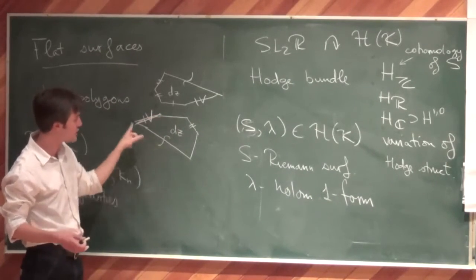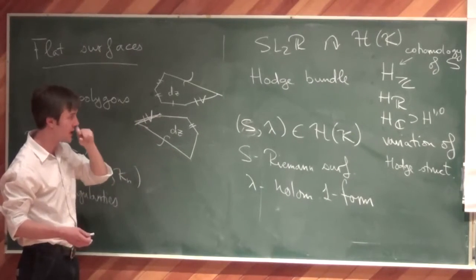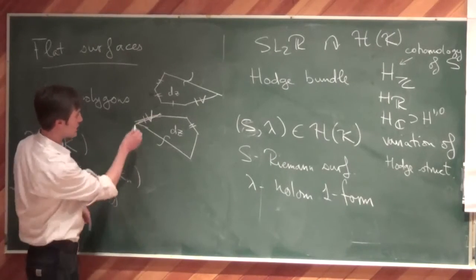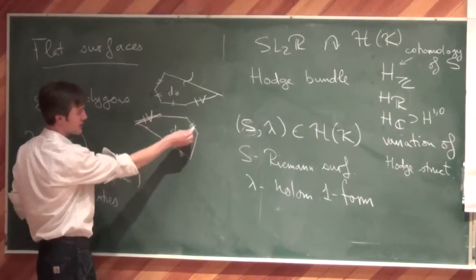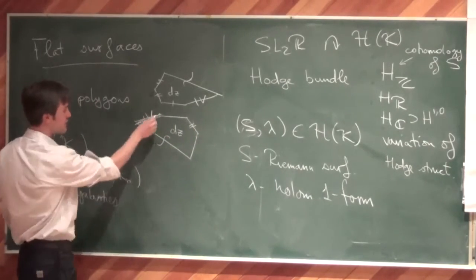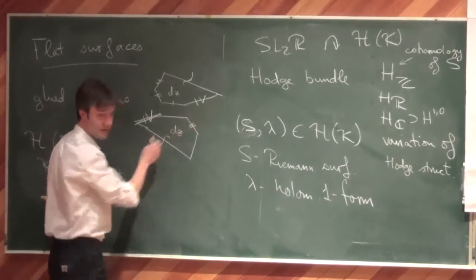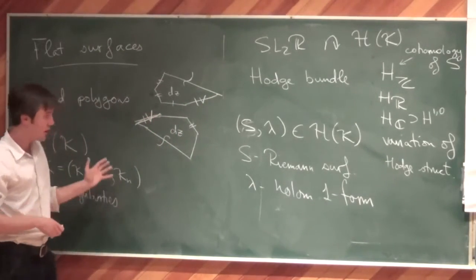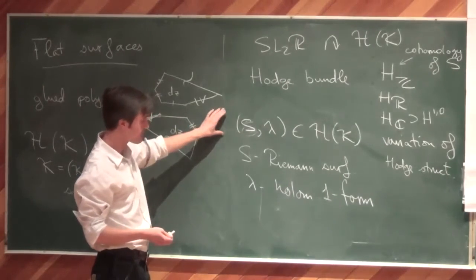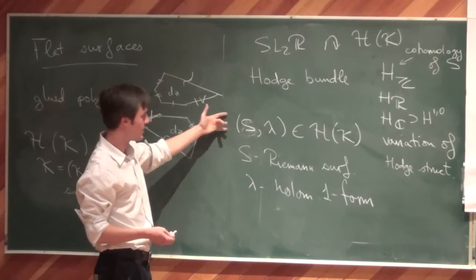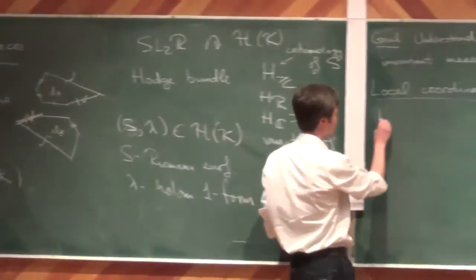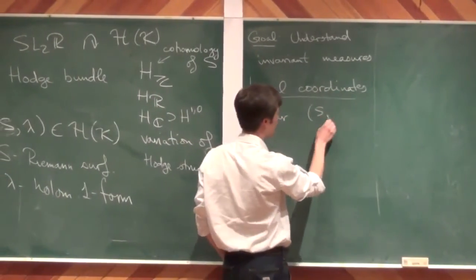The lengths of the sides, you can think of them as vectors in R2. Obviously they have to have some restrictions. If you sum along this face, the vectors should sum up to 0. And also this vector is constrained to be the same as this vector. You could do this in a complicated combinatorial way, but the nice way to say this, in some invariant way which doesn't depend on the choice of this decomposition, is that near the surface S lambda,